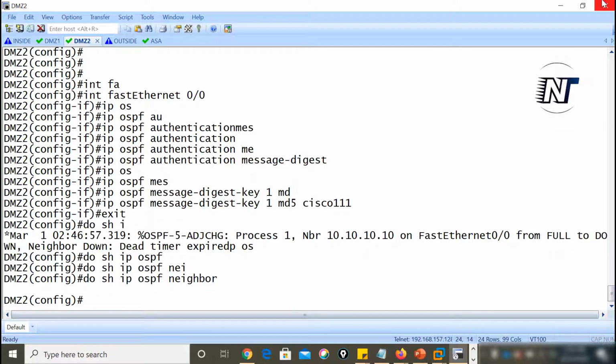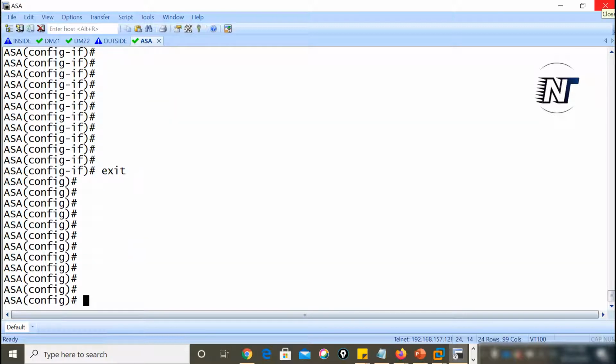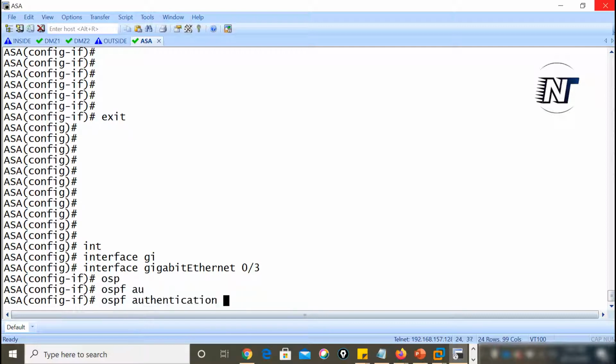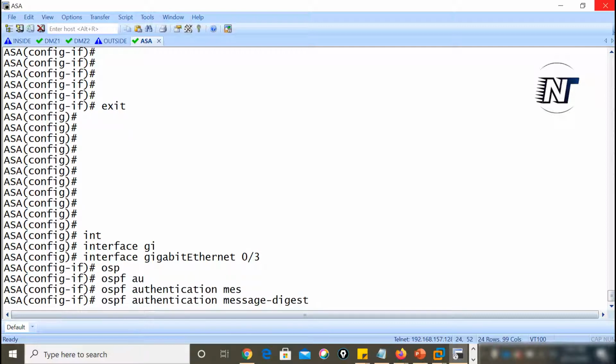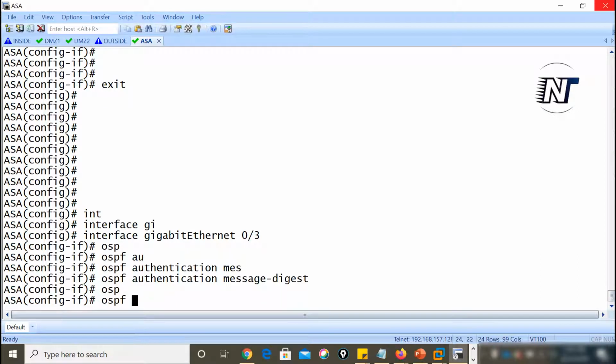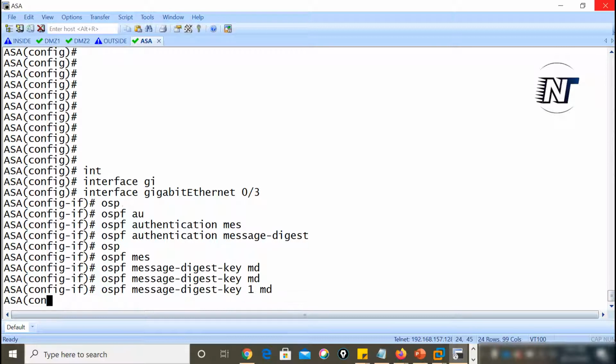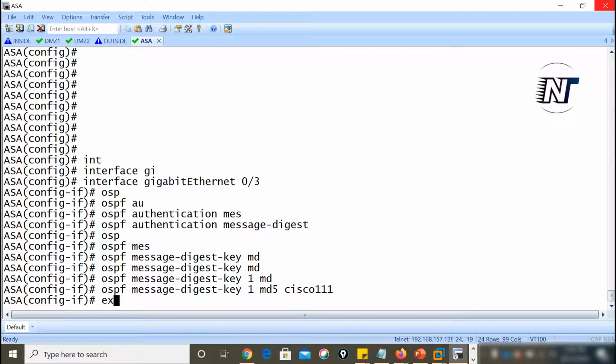Let's go to the ASA and apply the MD5 authentication over there. Interface GigabitEthernet 0/3, ospf authentication message-digest, enter. ospf message-digest-key 1 md5 Cisco111, enter.